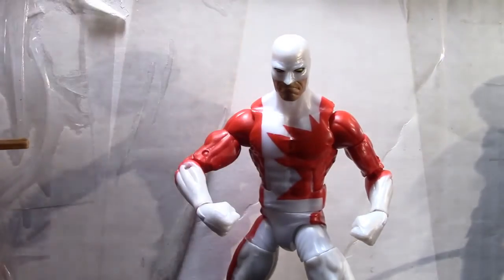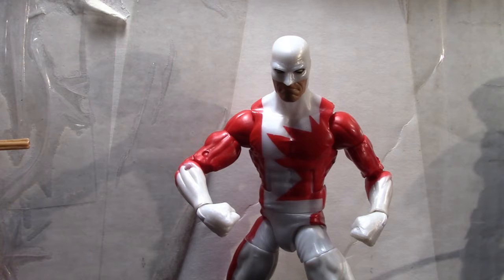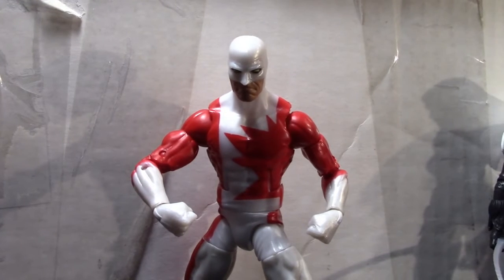He was the leader of Alpha Flight at the time when I first got into them, which would be Alpha Flight number 1 by John Byrne, of course, circa 1983, somewhere thereabouts. One of my favorite comics of all time, but I just don't remember the details right now. As a matter of fact, I don't even own that issue anymore. I need to get another copy. Anyway, from Alpha Flight number 1 to number 12,